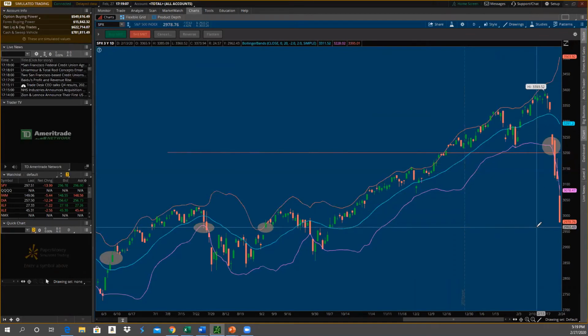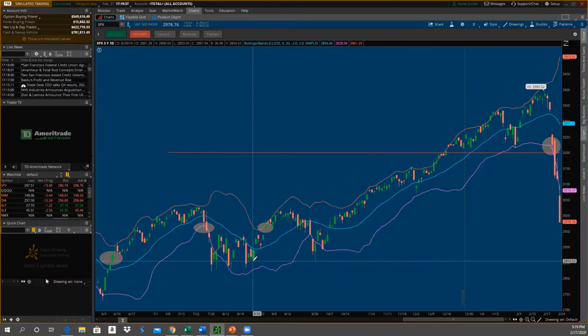So that's all well and good, but then how do we know, we don't have a crystal ball, how do we know when the rebound is going to happen? So I'm going to give you guys a couple of little tips and tricks that I use to help gauge the reversal in the market. One is, and of course we can't see it yet here because it hasn't happened yet, a close back above the lower band. So like here in this one, here would be my,